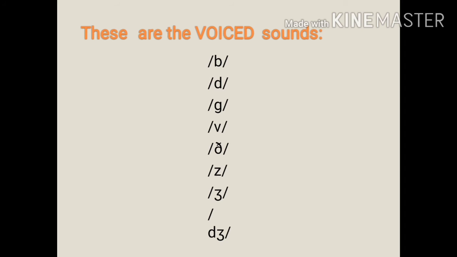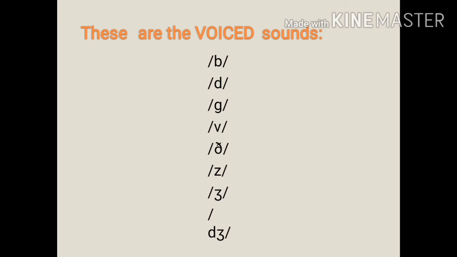Here are the examples of the voiced sounds. What is the meaning of the voiced sounds? It means when in the process of articulating certain sounds, the vocal cords move close to each other loosely, and when the air from the lungs passes through them, the pressure of the air makes them open and close rapidly. This movement is called the vibration of the vocal cords. Such sounds that are articulated with the vocal cords vibrating are called voiced sounds.